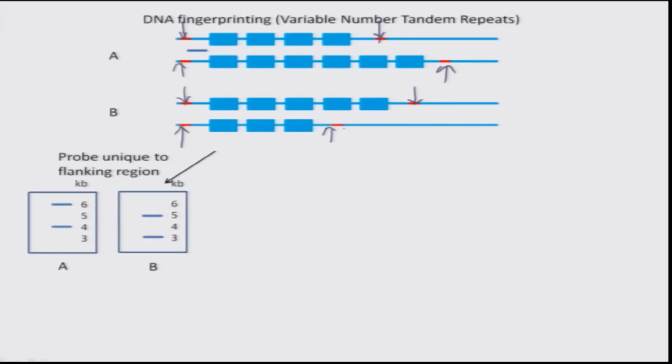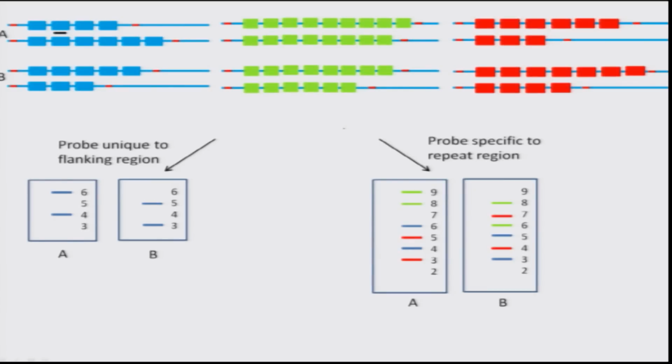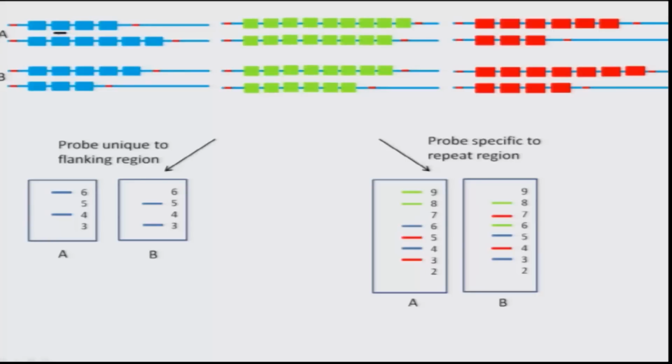But what if we use a probe which is specific to the repeat region and not the flanking regions? This is just 3 VNTR loci which I have shown, but we will get multiple banding patterns because a repeat might be present at variable regions in the genome. And this is what I have shown over here: if we use a probe specific to the repeat region,